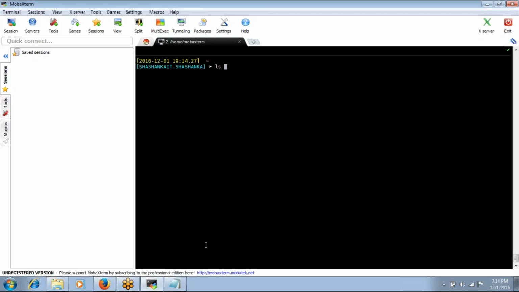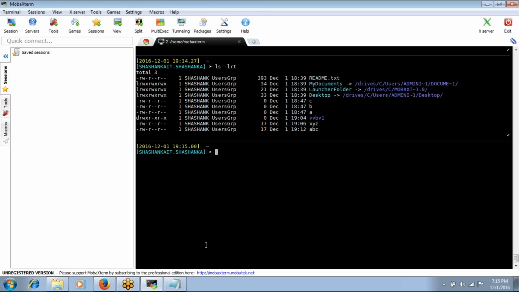I told you in the first session to remember the command ls -lrt. It will give the long listing of the files and directories. Whenever a file starts with d, that is a directory, as opposed to all the other files. ls by itself will just list out the files and directories available in the particular directory where you run this command.